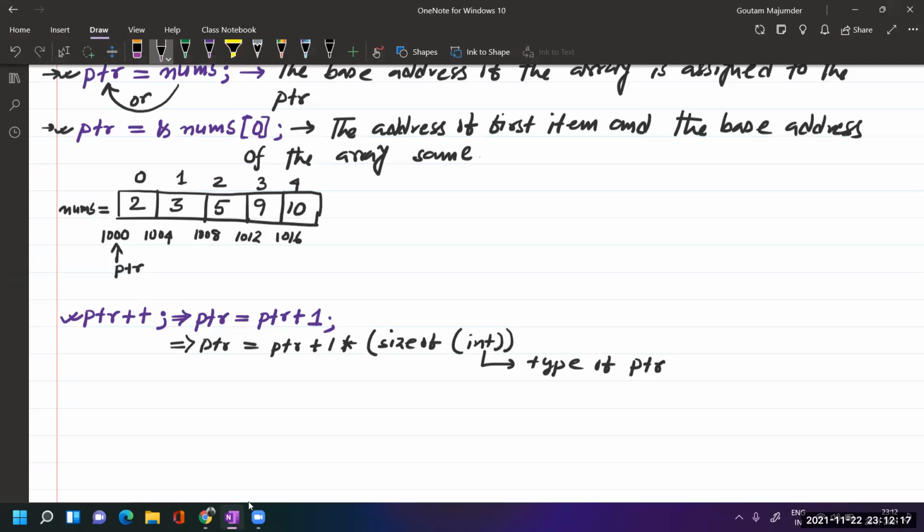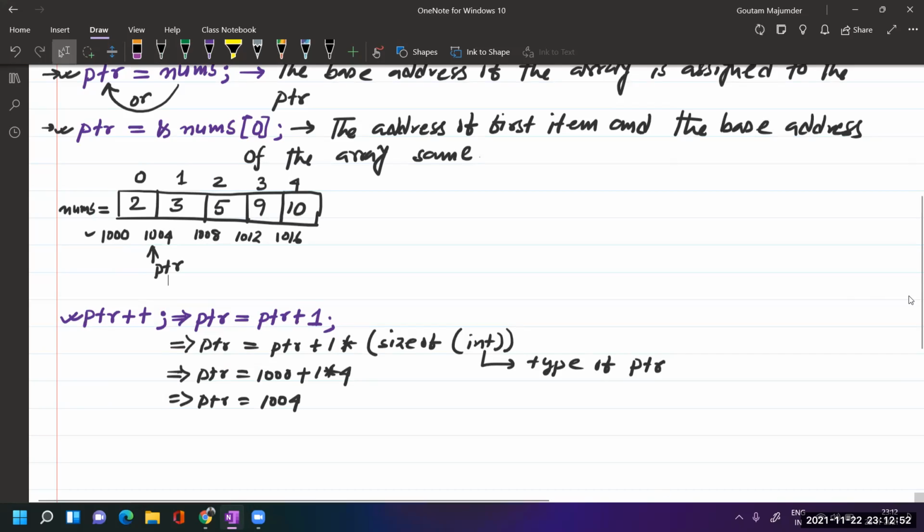So it will give me the value: ptr equals 1000 is the base address, plus 1 into 4. So it will give me ptr equal to 1004. Right now ptr has been shifted. So ptr will now point here due to this line.